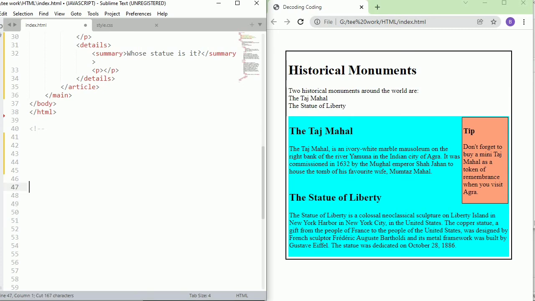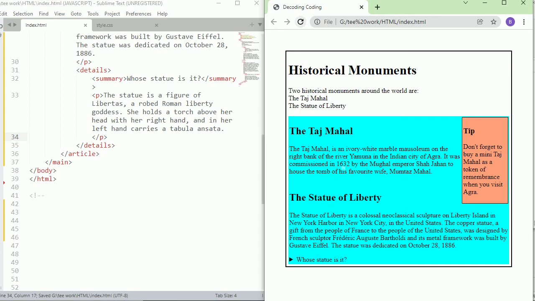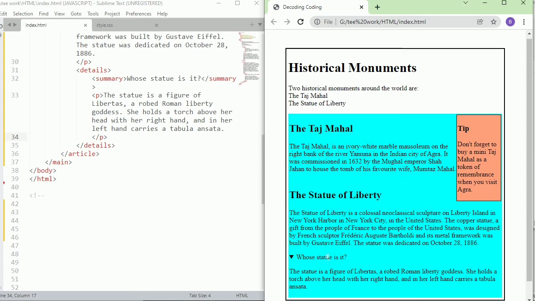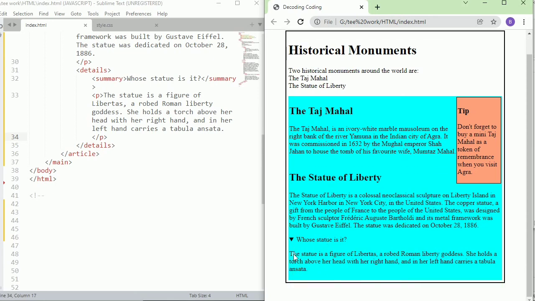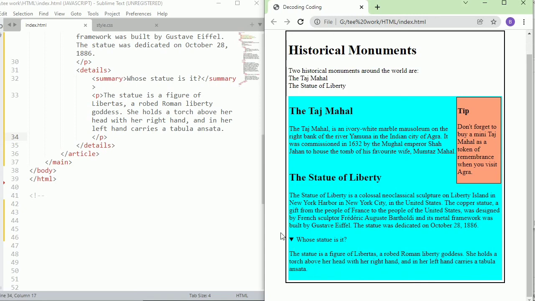And a little paragraph I already have here. I'll just cut this and paste it within the P tag. The second tag that we have to use for adding the information is the P tag. Let's save this and you can see this small triangle sort of arrow where we can click on, and as we click on it we get the paragraph that we've added inside the details tag. But this is not how we want it. The user may not know that we have to click on this for the detailed information, right? So we're going to make it a little prominently visible.